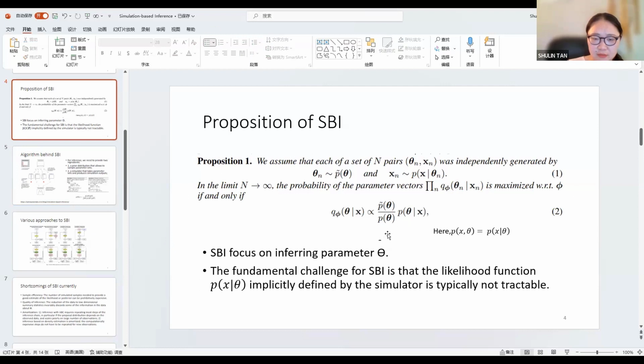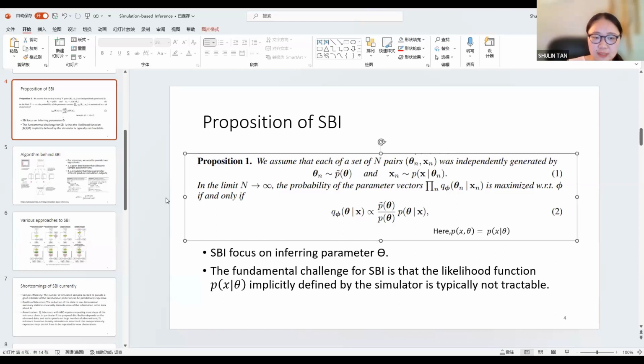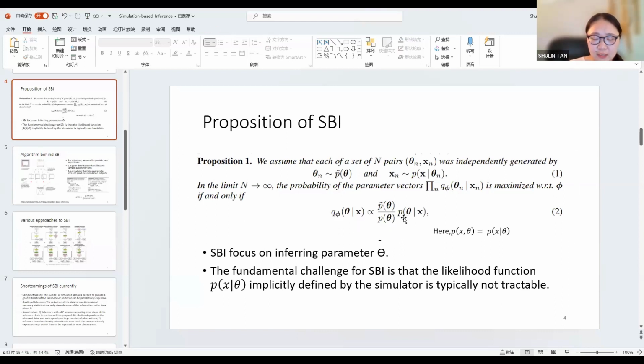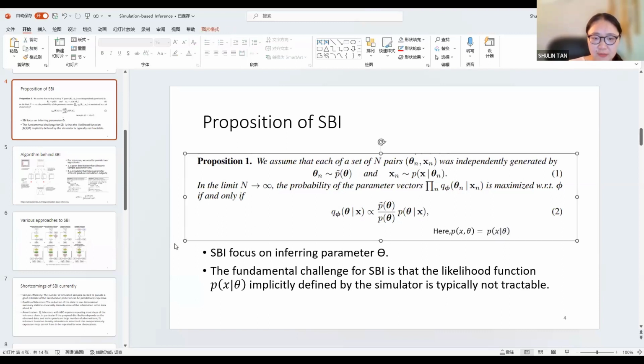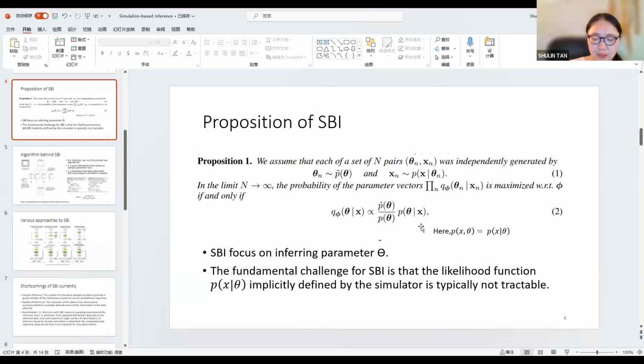So basically, the reason that we cannot get an accurate inference of the parameter theta, I think, is not because we didn't have a correct inference about the distribution of x given theta, but rather that we don't have the real distribution of the parameter. So basically, this range is too large. That's how I feel about it, and I do try something